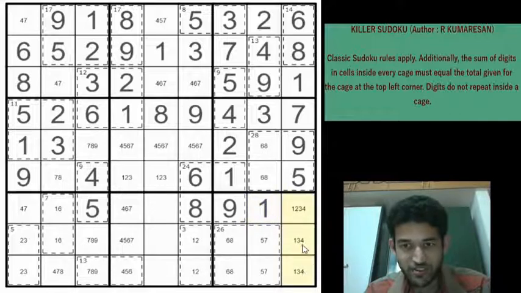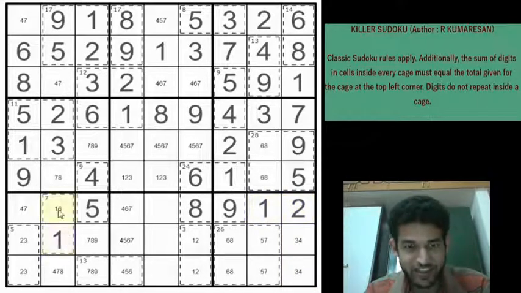And these 3 cells must be a 2, 3 or a 4. We have a 3, 4 pair here, so this will be a 2, and this one gives a 1 here. The Sudoku is imploding, guys, just like I expected. So this is a 6 now, this can't be a 6, so this will be a 4 or a 7. And now row 7 will need to contain a 3. There is only one possibility, so this will be a 3.